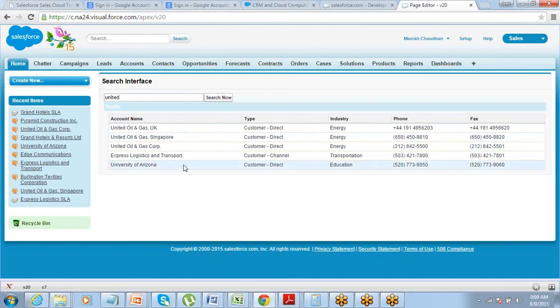We're getting the results based on the keyword, whatever we searched.